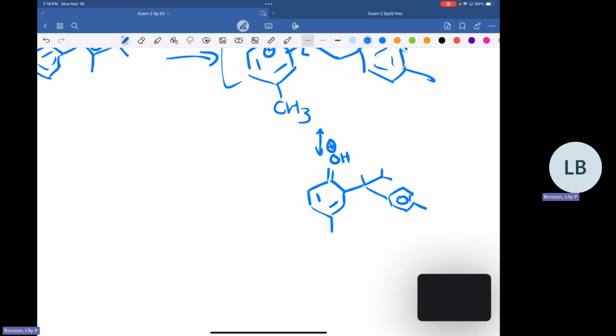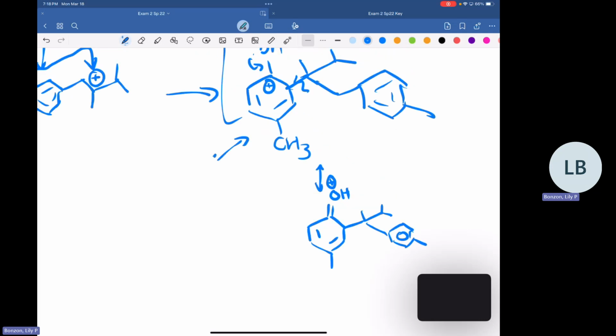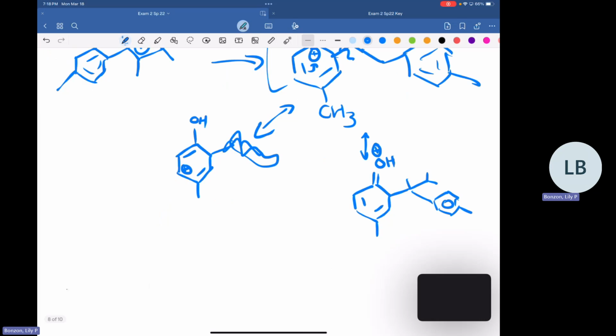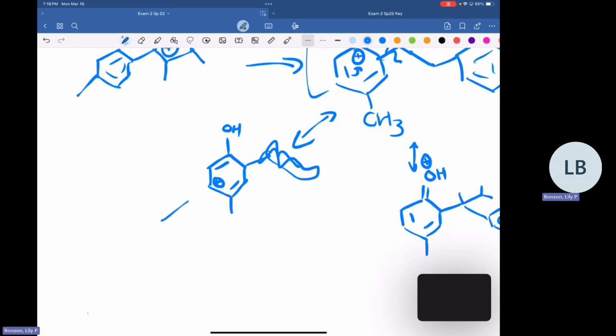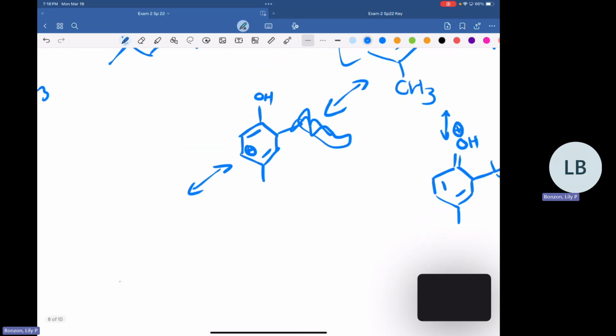So that's one of our resonance structures. Another way we could go, we could use the double bond from the benzene ring itself, and we could just move this carbocation around the ring. So we've got this. I'm just going to draw this because I don't want to draw that a billion times. And then we could keep going. We can go with this double bond down at the bottom right. So we're not really getting anywhere.